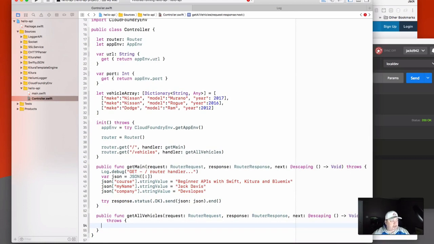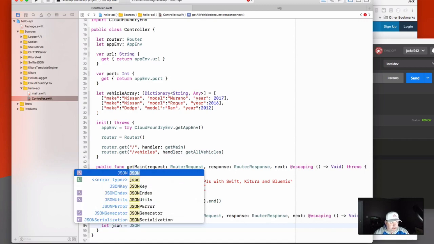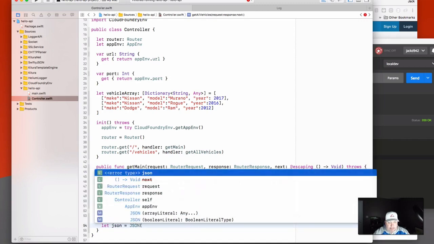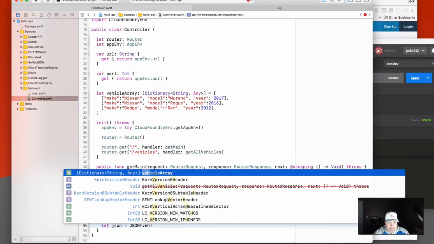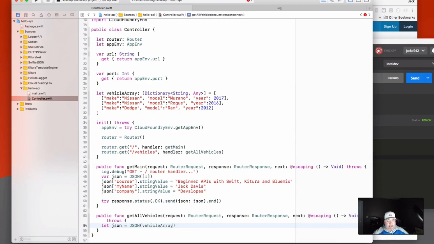And now, let's just say let JSON is equal to JSON, and we'll just pass in that vehicle array, just like that. So what this is going to do, it's going to convert that vehicle array of dictionary here